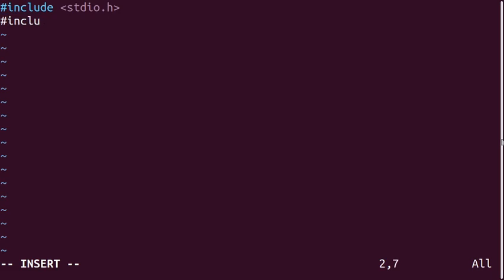First we will include the header file for basic input output operations, stdio.h. Then we will include our header file. Since our header file is located in the current working directory, we need to use double quotes.